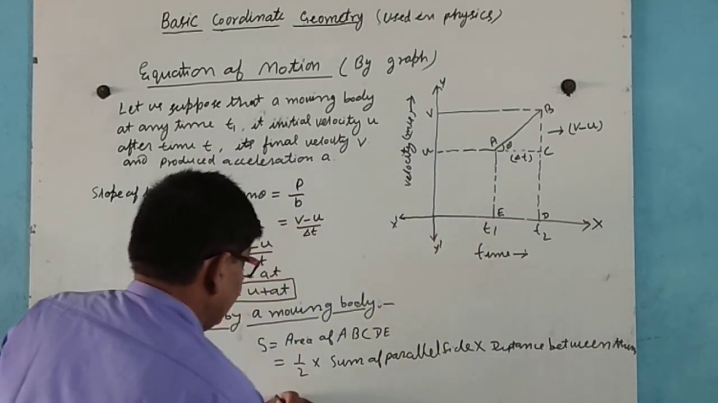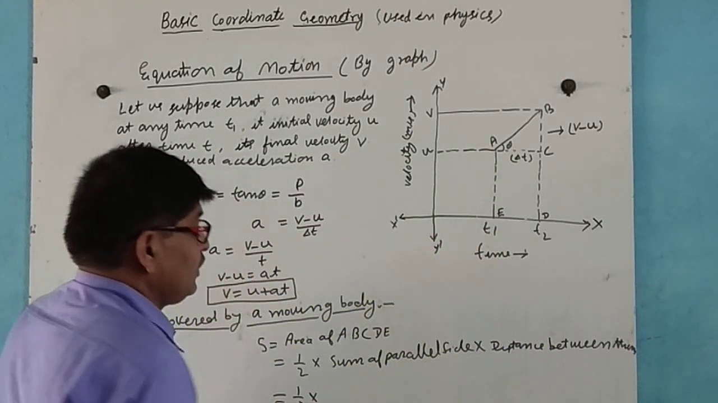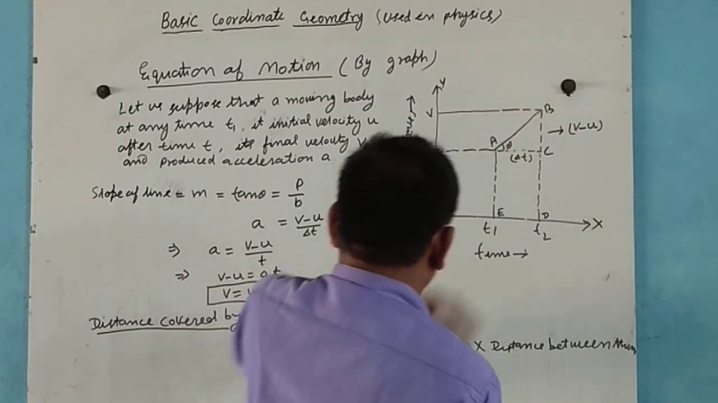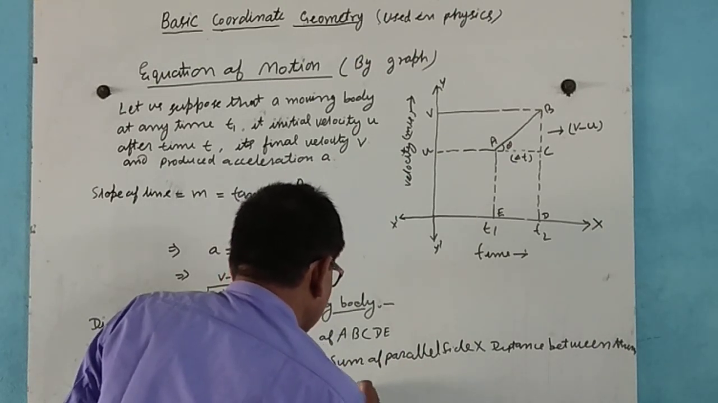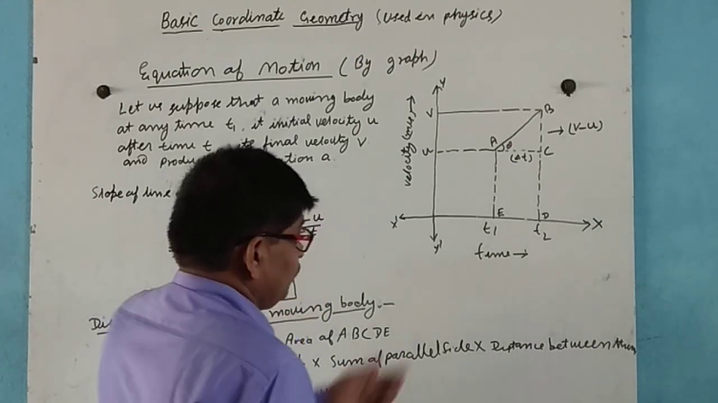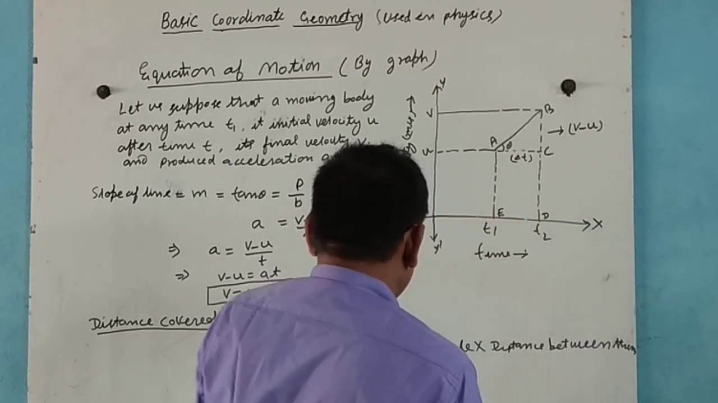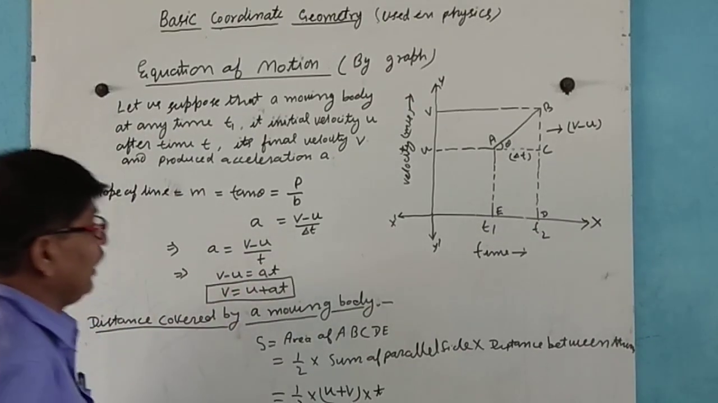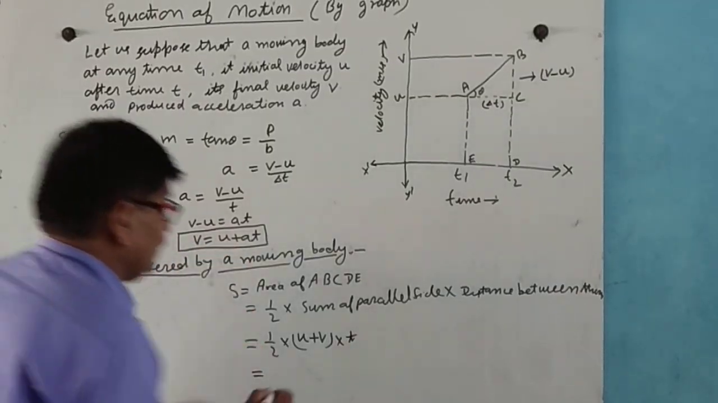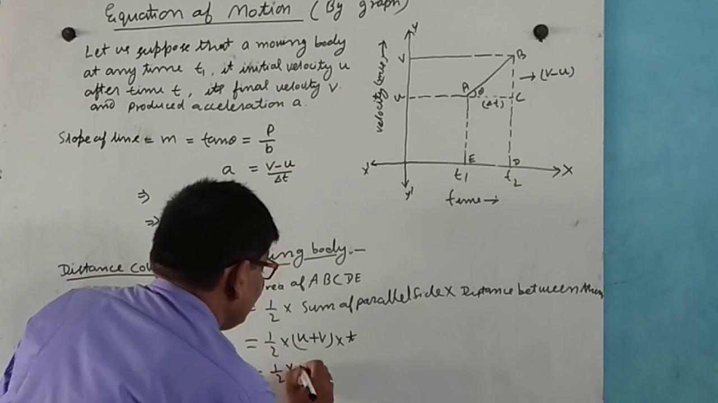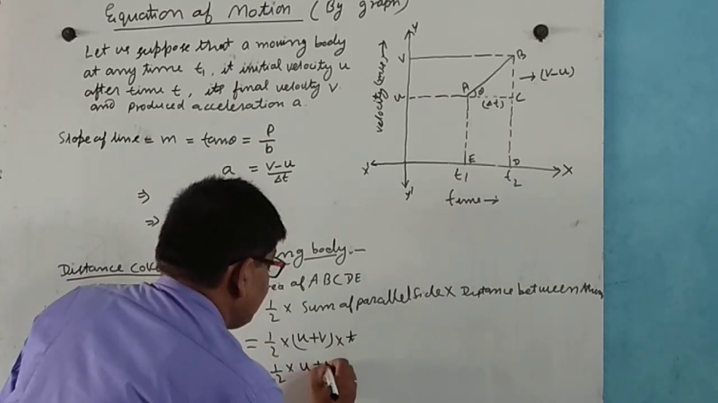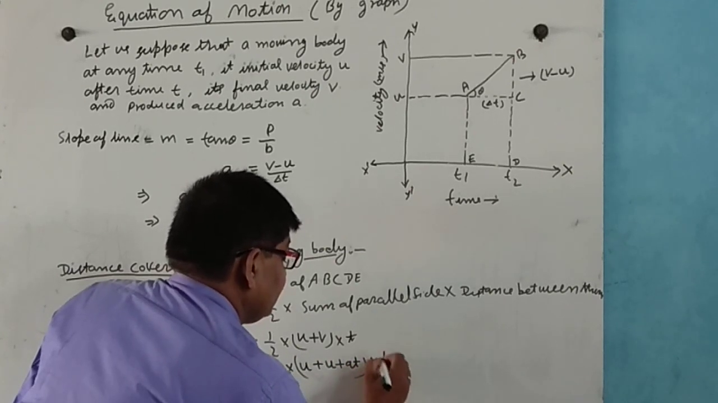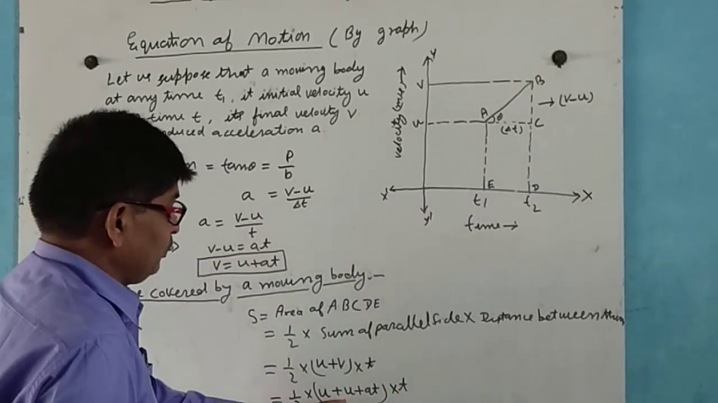Distance between them is 1 by 2 times the sum of the parallel sides. This is equal to u and this is equal to v. So, u plus v into this delta t, that is simply t. Now putting the value of v, u plus at, here 1 by 2 into u and v equal to u plus at into t. Now u and u,